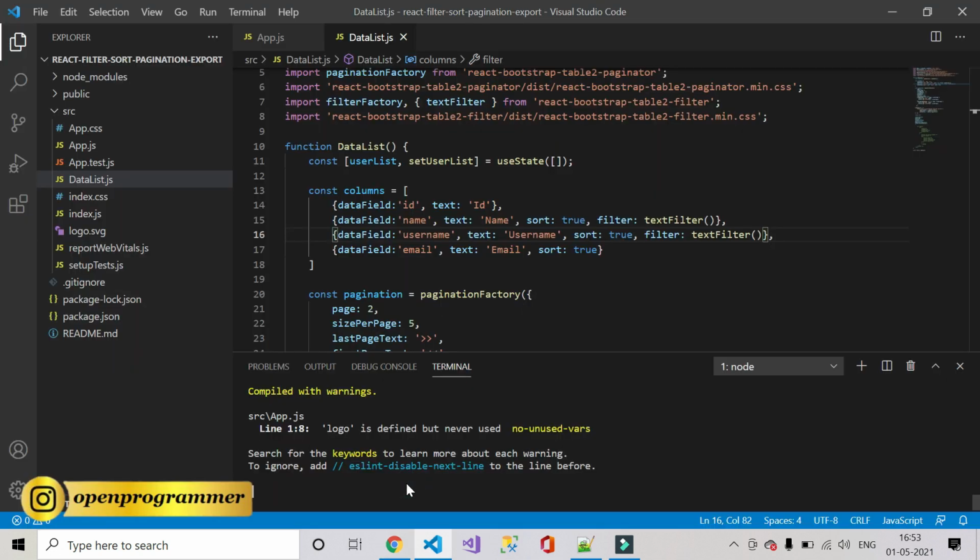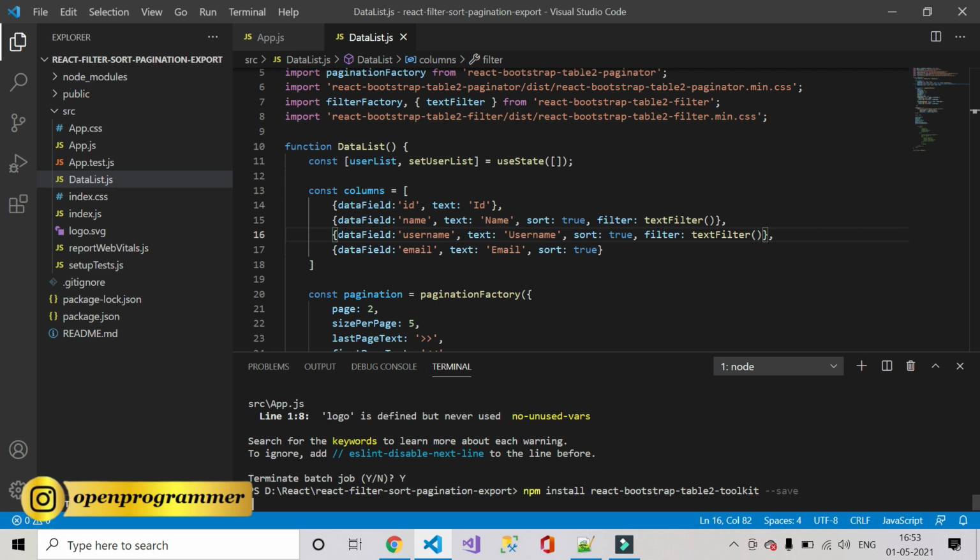For export in CSV or Excel, we need to install a package which is React Bootstrap Table 2 Toolkit. So we'll install a toolkit package and we'll use the CSV export functionality to export our data in CSV or Excel.